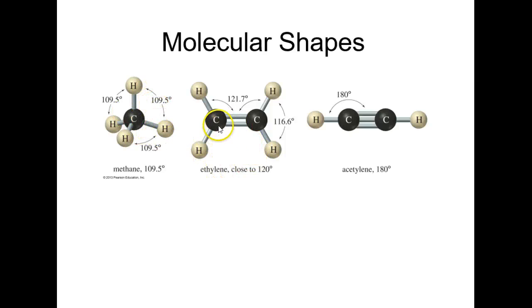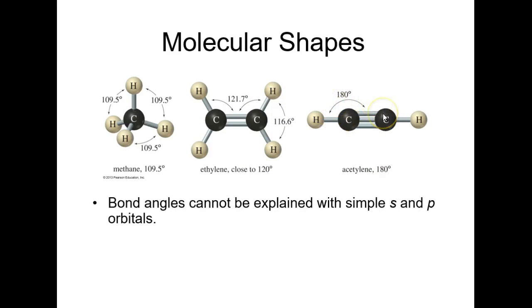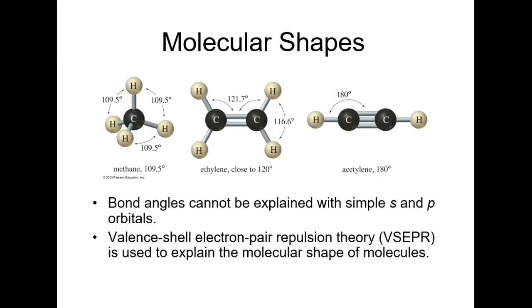Ethylene, these carbons are sp2 hybridized. All right, and you have a trigonal planar molecule, and the bond angles are roughly 120. And then finally, you have a linear molecule with 108 degrees. All right, the bond angles can't be explained with simple s and p orbitals. The only way to explain them is with hybridization and what is called VSEPR theory, valence shell electron pair repulsion